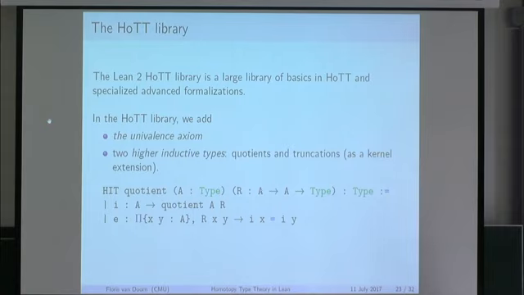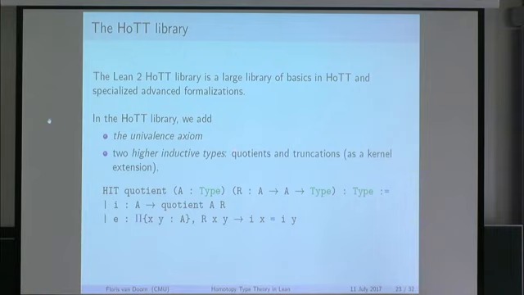So the Homotopy type theory library in Lean is a large library for homotopy theory, and we really focus on doing synthetic homotopy theory, so doing homotopy theory in homotopy type theory. On top of Lean, in the homotopy type theory library, we add two things. We add the univalence axiom, which we postulate just as an axiom, and we add two higher inductive types, namely